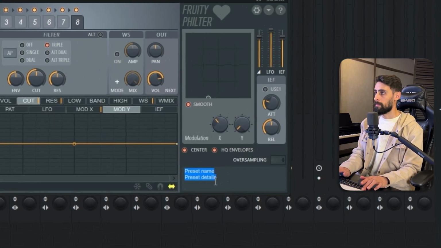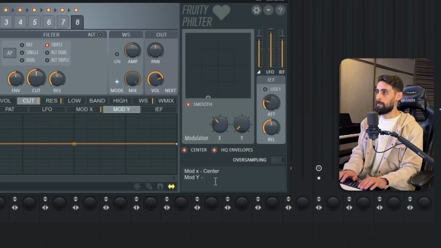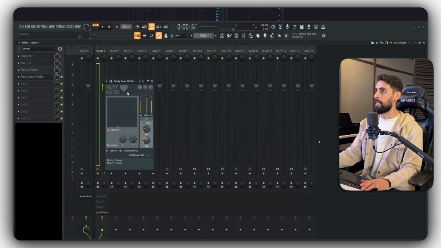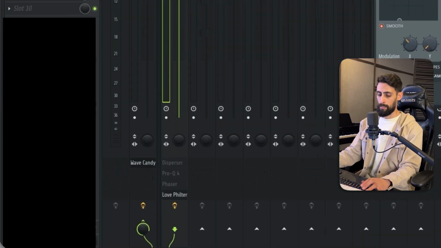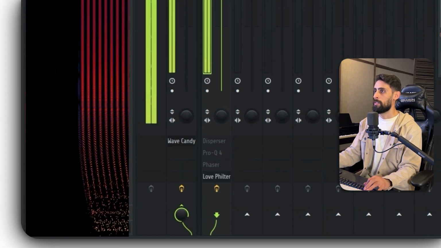Now I can come here and say that mod X is center and mod Y is the pinch. And I can like constrain this to look something like this. And if we play it even lower,